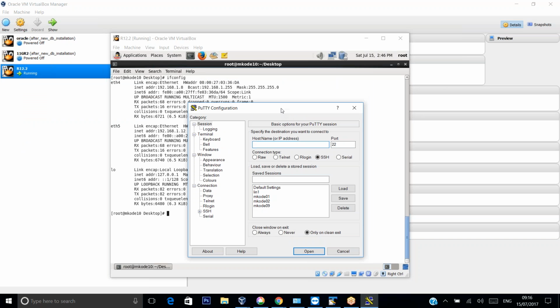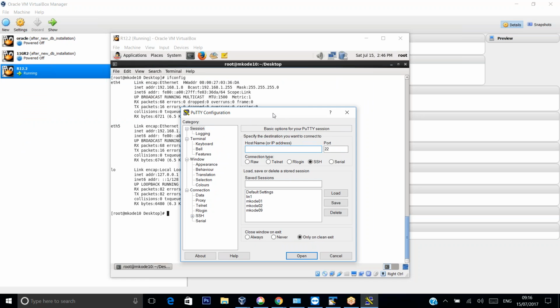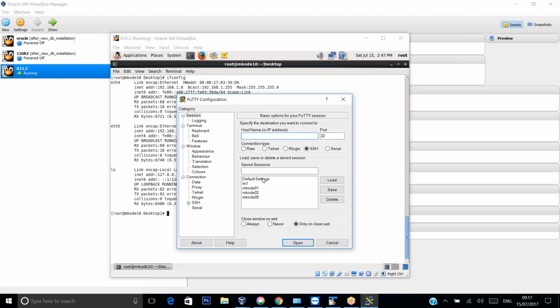So this is called PuTTY. If you already know it, just bear with me. I'm explaining it once again, just as a recap. Here you need to provide either a host name or an IP address. If you configure the same thing in your system's /etc/hosts,